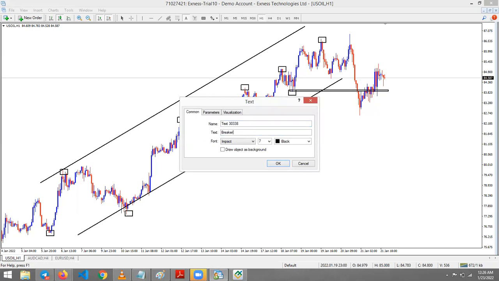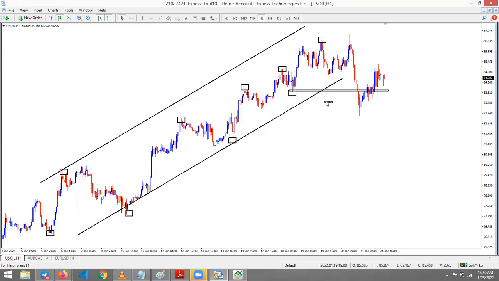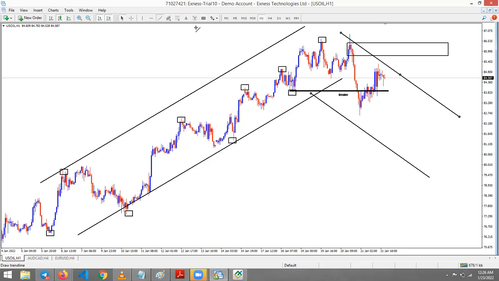When price broke this level, it confirmed to us a change of structure. Price is going to change from the uptrend to the downtrend, and the breaker has helped us confirm that. Here we're just going to wait for price to retrace up there, and then we can sell